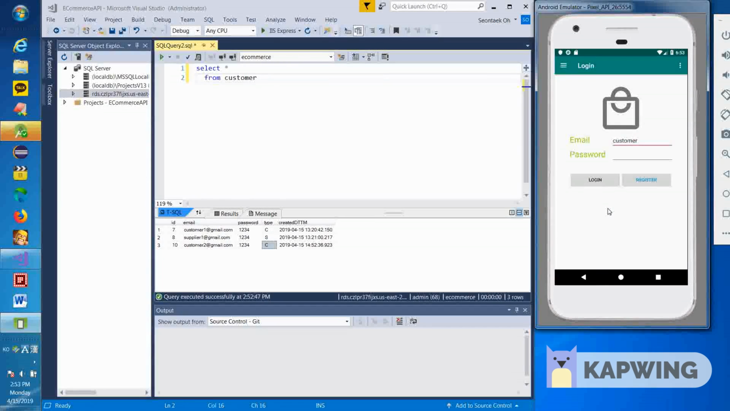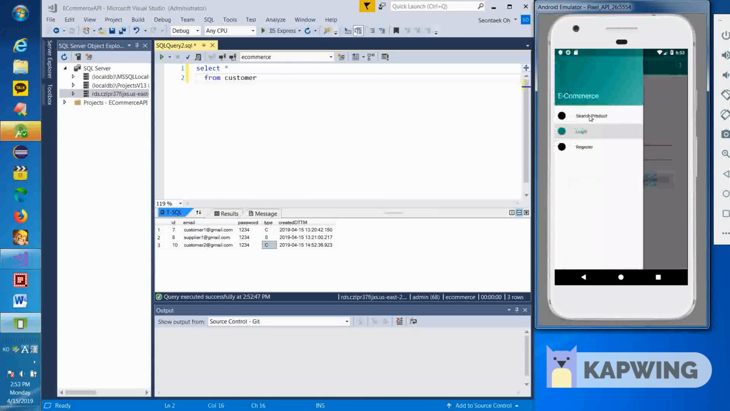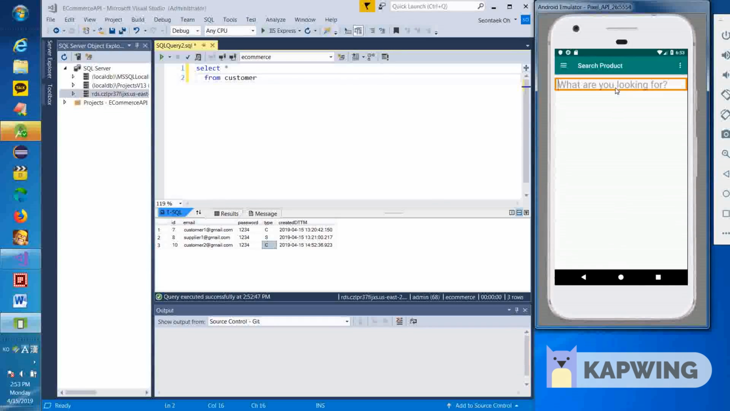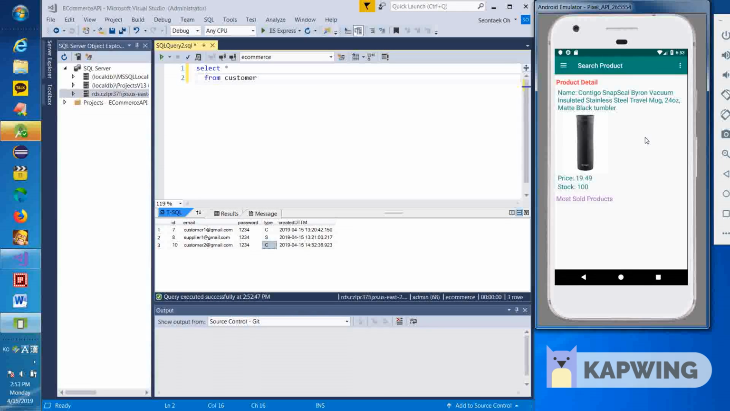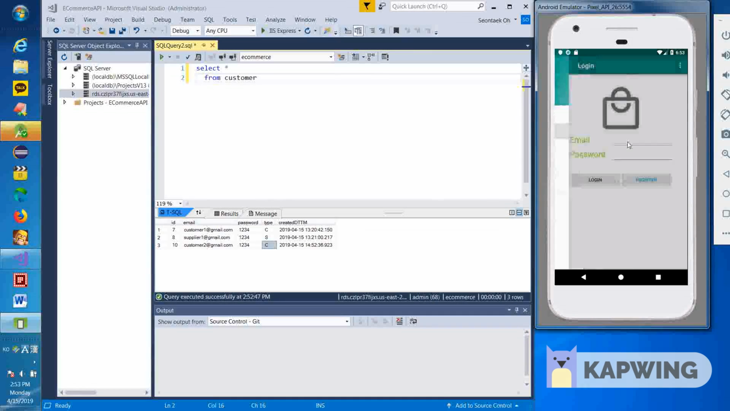So if I go to search product, they can still search product. But if I go to the product detail information page, there is nothing they can do. They can just see the product detail information. But if I sign in as a customer,